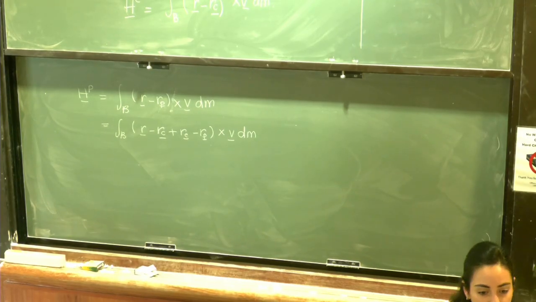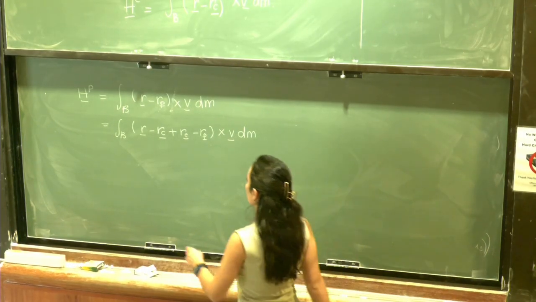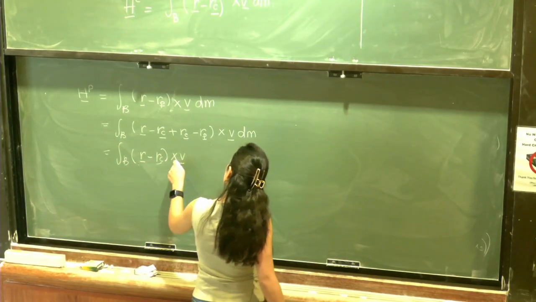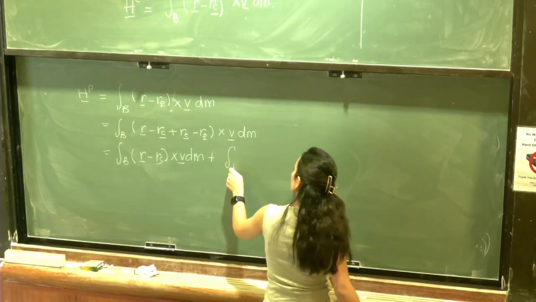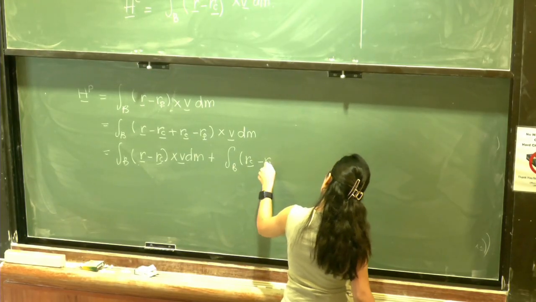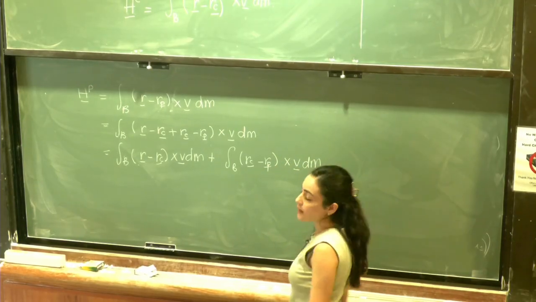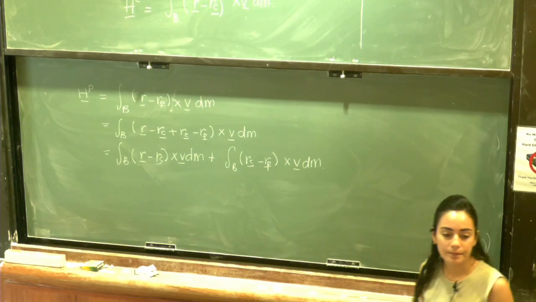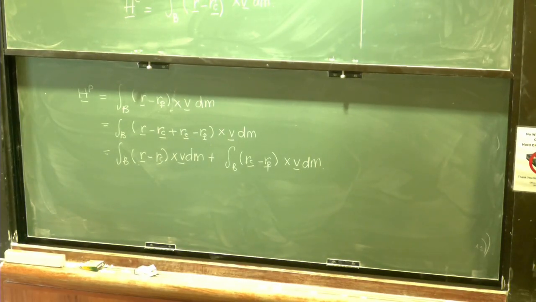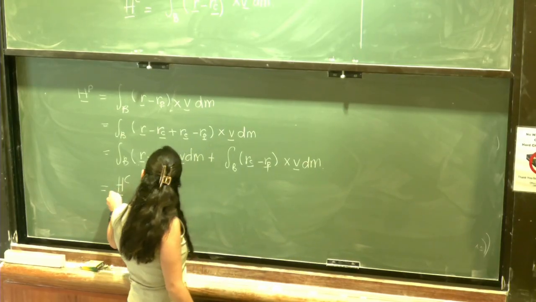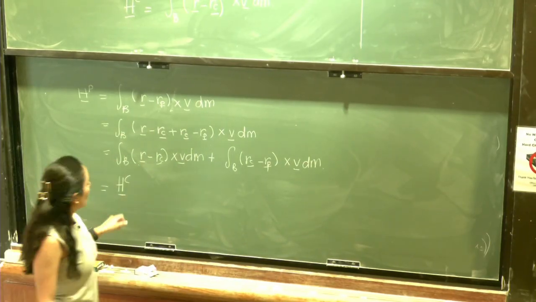Yeah, expand, exactly. Or factor out. So integral over the body of R minus RC plus V dm, plus the integral over the body of RC minus RP plus V dm. Okay, how does this expression simplify? Exactly, the first term is HC. So this is the same as HC up there, plus